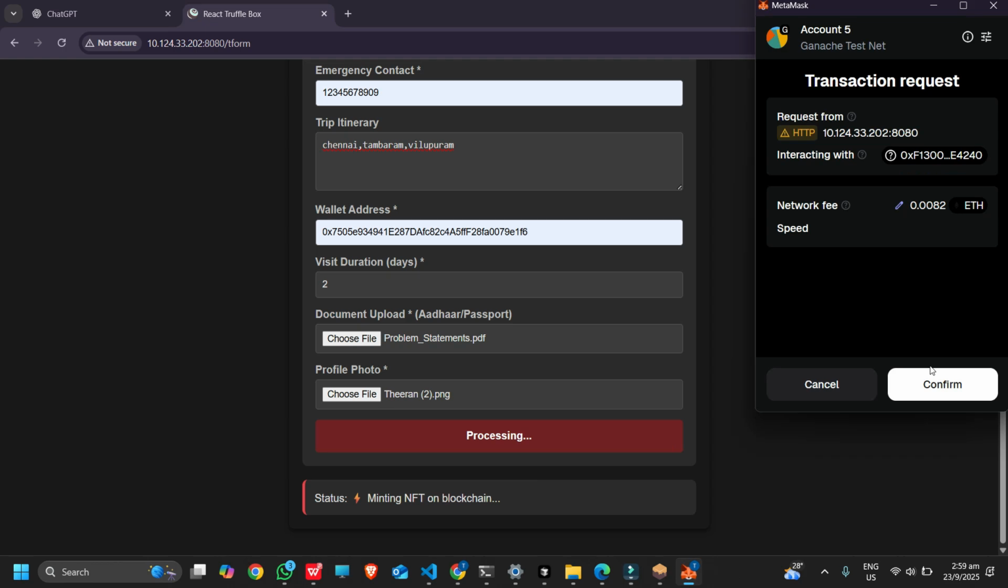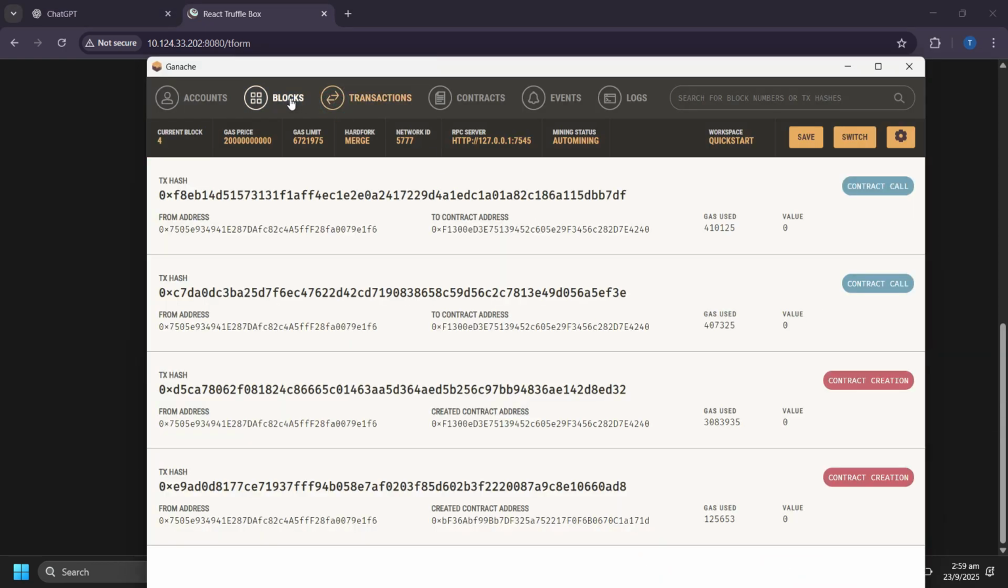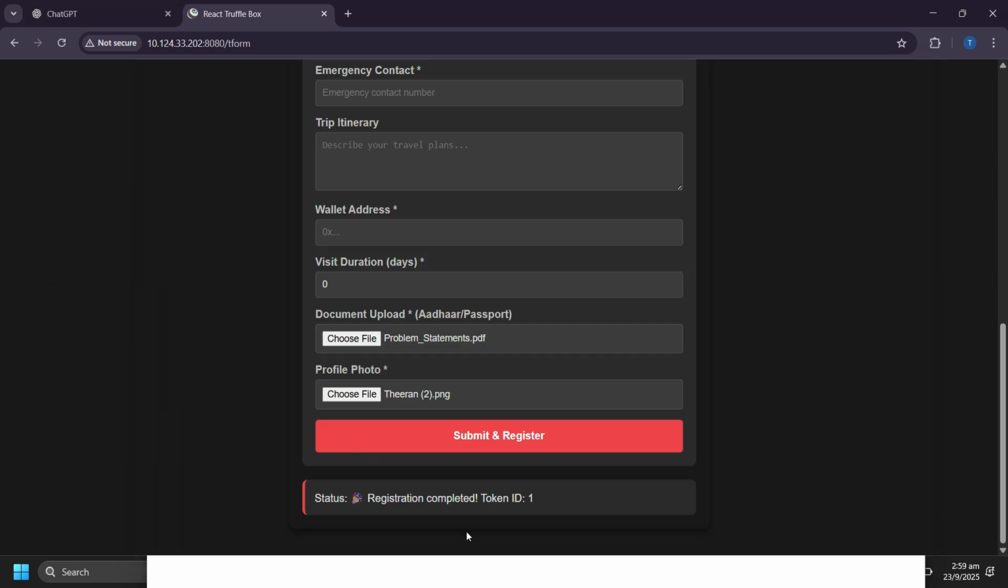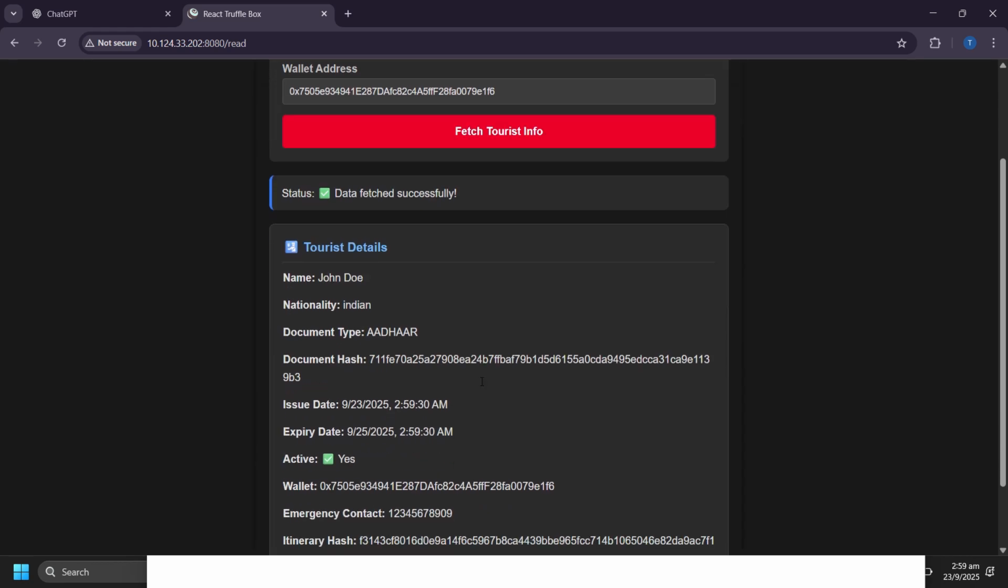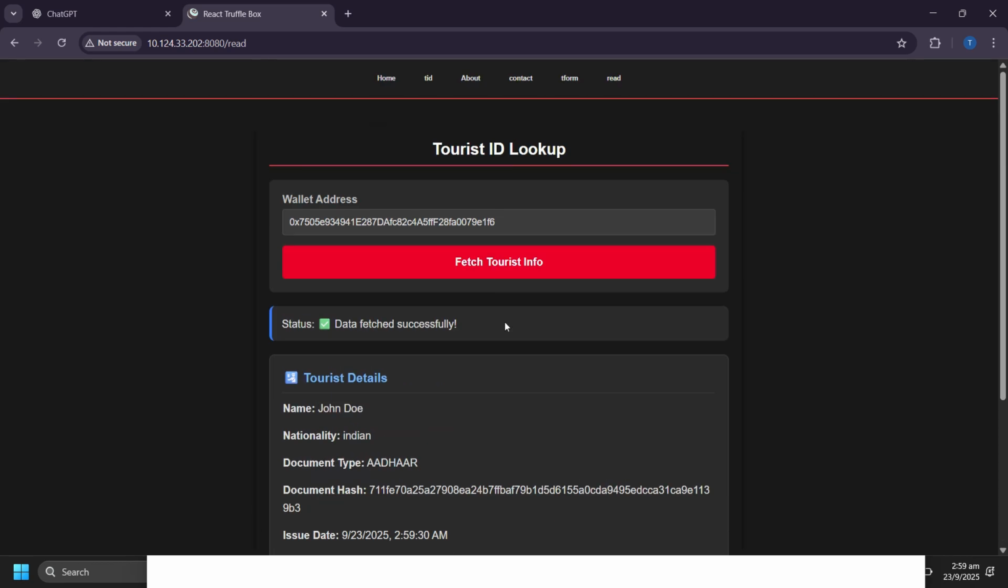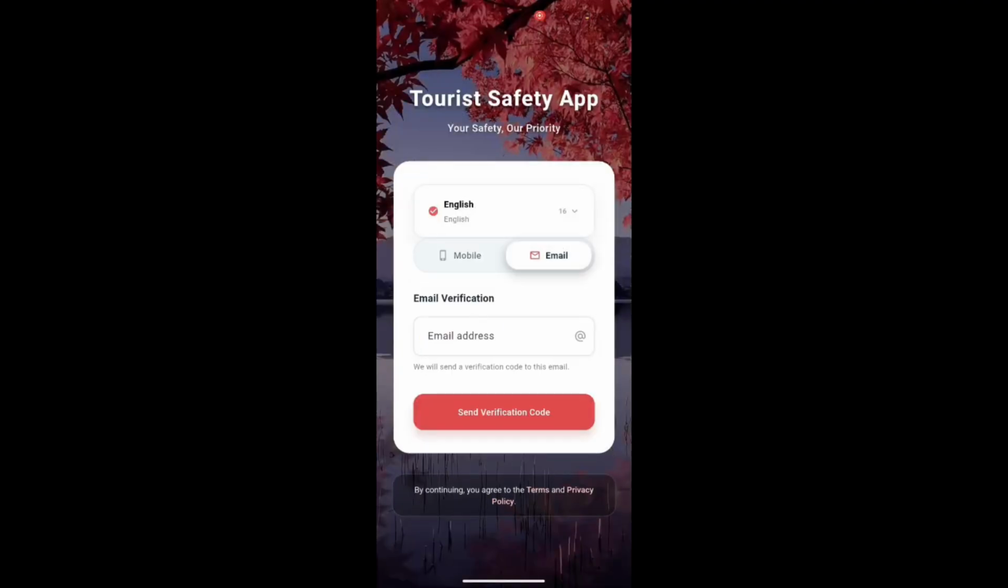Once the eKYC verification is done in our mock UI, the wallet address is stored specifically for the tourist, and the admin of the government can fetch the tourist data specifically through the wallet address map for that particular tourist. Now coming to our safety app,